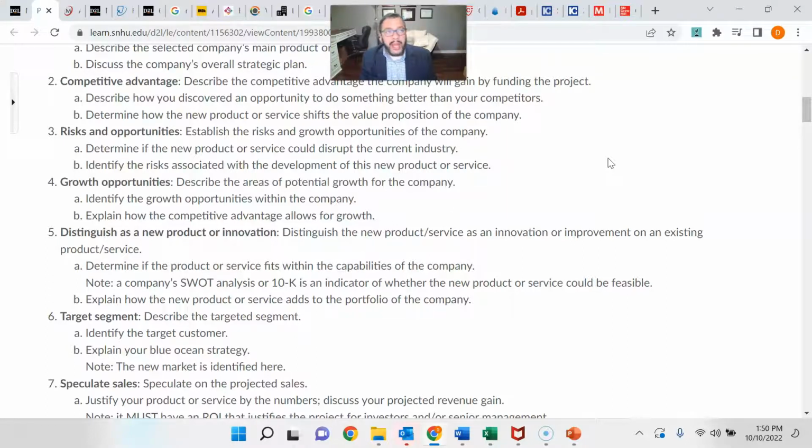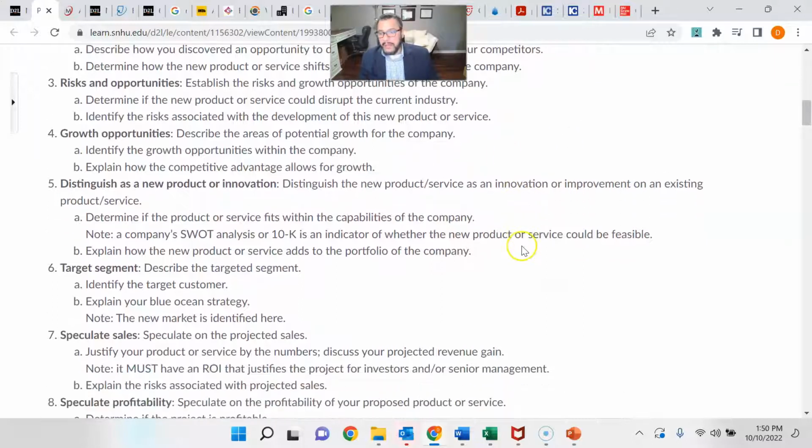We're going to enhance this product for our current market. We're trying to penetrate this market even more, right? So think about those things. You want to talk about how you're actually doing this. Focus on the Ansoff matrix when it comes to here. And then explain how the competitive advantage actually facilitates that growth. Because we are better at this than anybody else, we think that's going to force growth, okay?